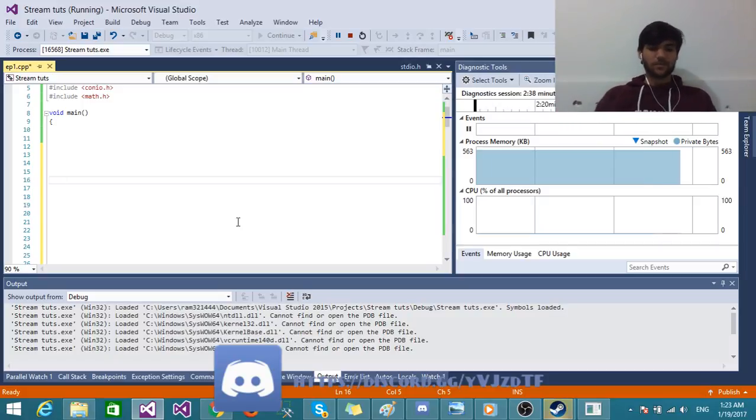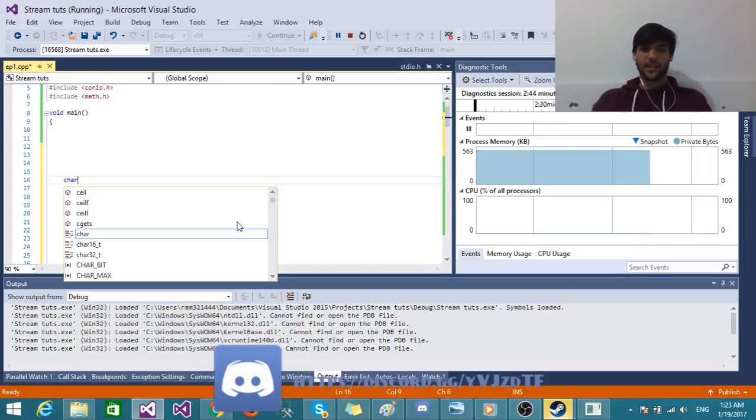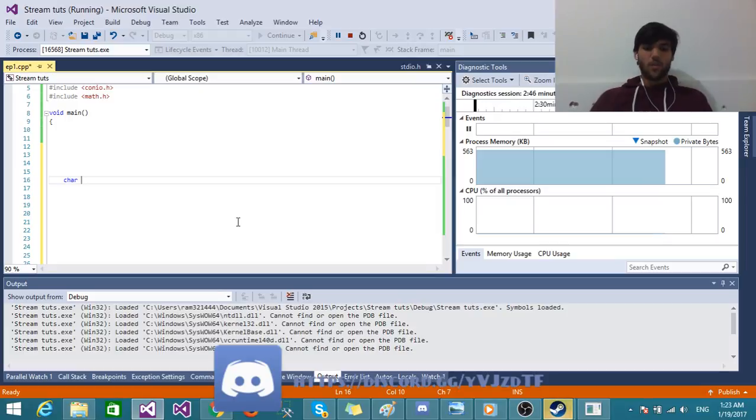Okay. So now, like we did before, we want to create char, which is the data type for the box. We want to call it my name. And we want to give it 10, okay? And make it equal to